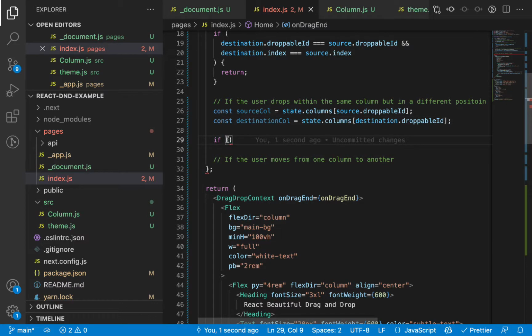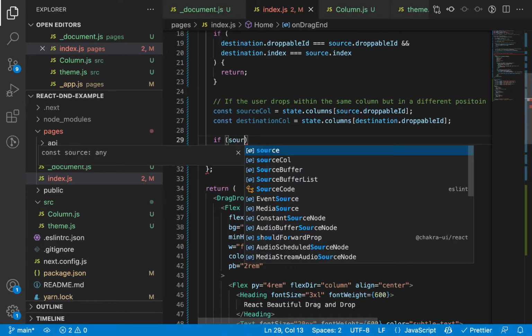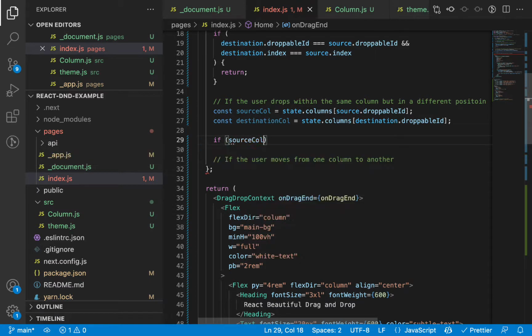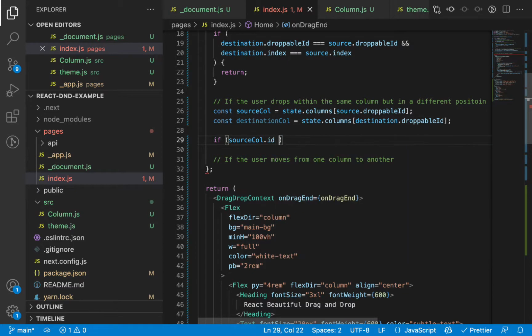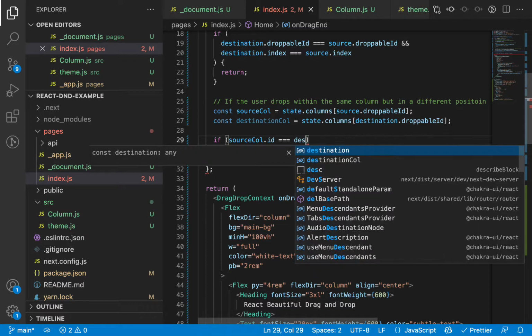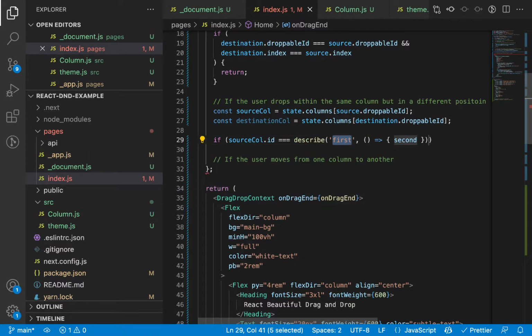And our if statement now is going to check the source column. If the source column ID, which is the first column, equals the destination column's ID,